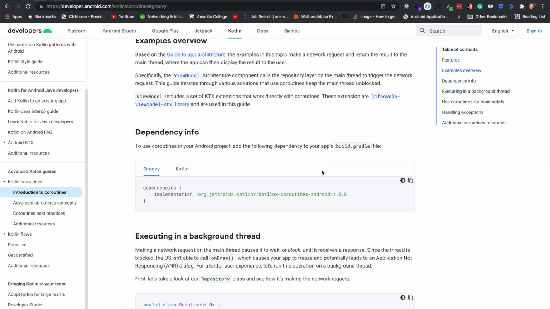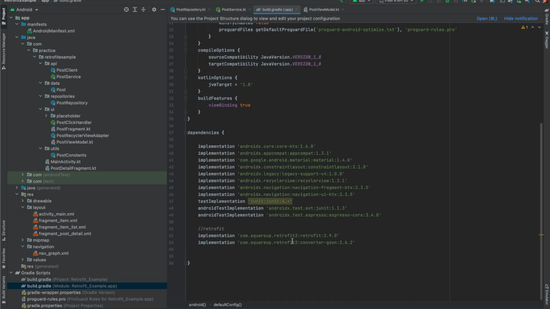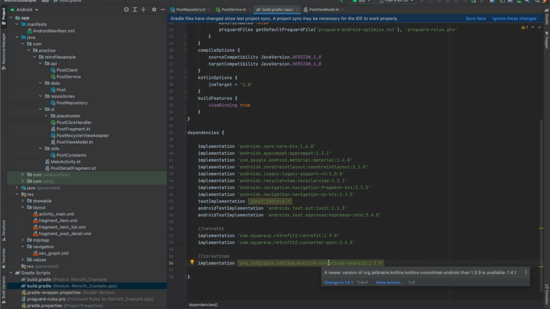But anyways, first thing we need to do is get the dependency. So I'll leave a link to this, but if you just search Kotlin coroutine, it's in the documentation. We're going to launch the coroutine in the view model. So we're going to use a view model scope, and it's saying this is the older version 1.41. Okay,